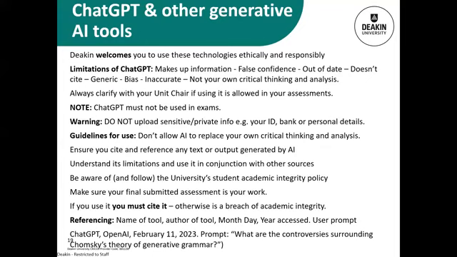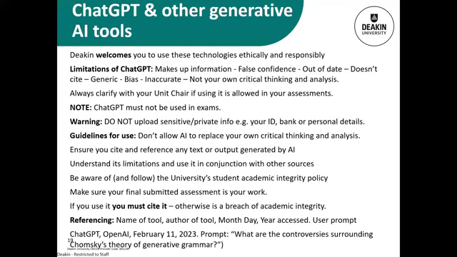Now, just quickly, a little bit about ChatGPT. This is something that's relatively new, and it is improving a lot, and it is a great tool in many ways, but in other ways it has some limitations. So being aware of the pros and cons is, again, being a critical thinker and being a more effective student.